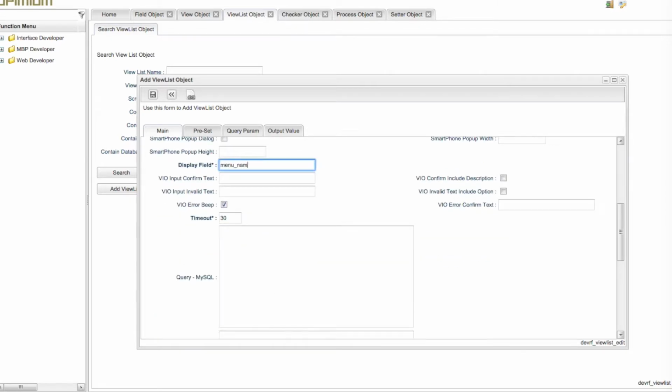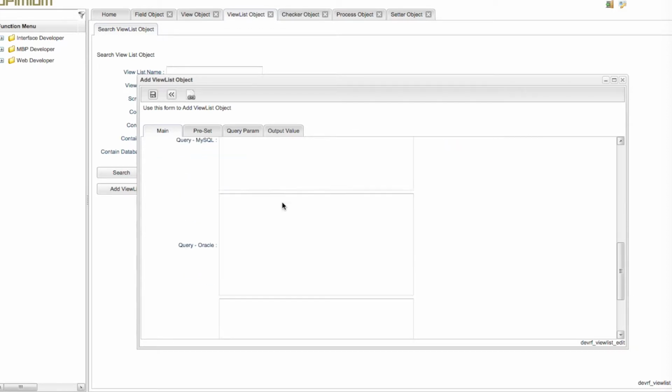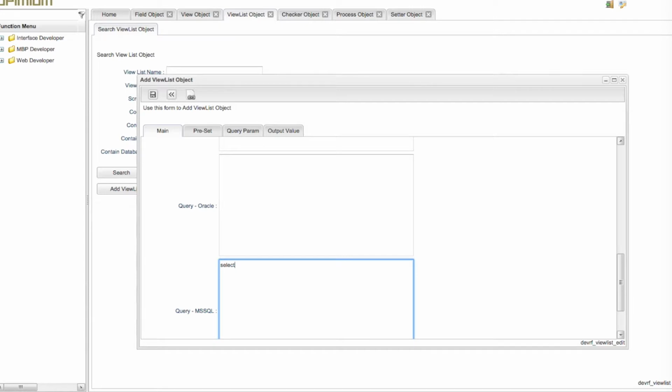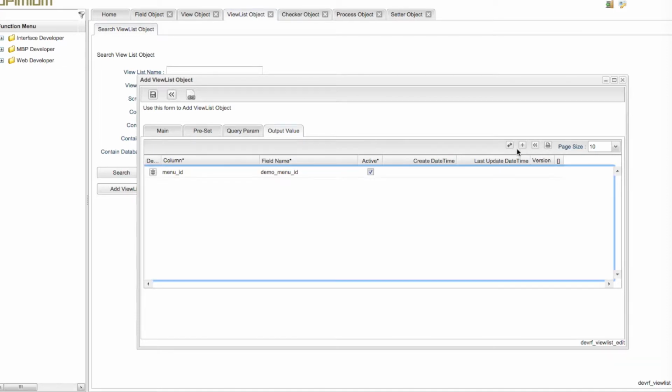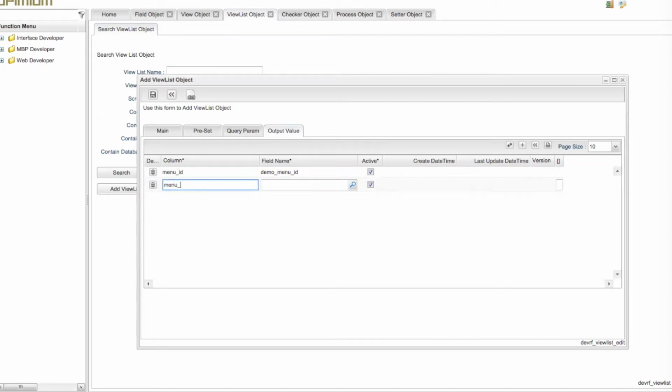In the display field we specify the table column containing words that will be displayed or played back to operator when requesting menu options. We will write a simple SQL select statement to retrieve all breakfast menus from table demo_menus. Data returned by this query will populate the menu for operator selection in the dialog. In output value we can specify any other data field corresponding to the selected menu option that needs to be held in a field variable. For example, when operator chooses a particular menu name, we need to hold the corresponding menu ID